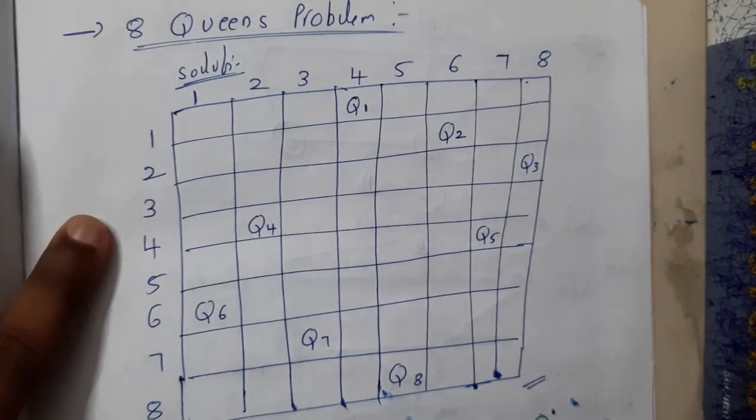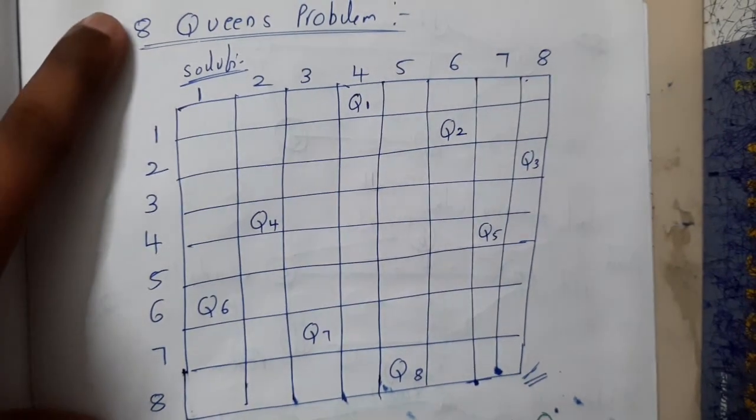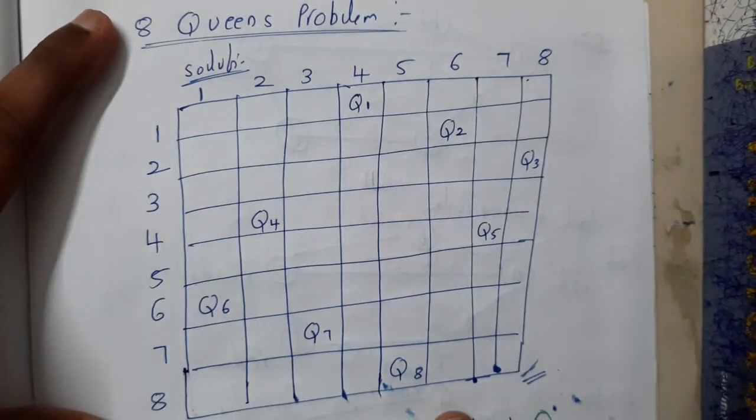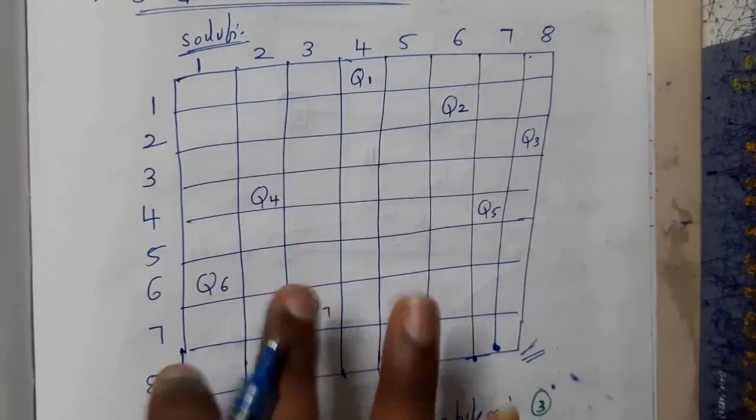Similarly, if you want, you can try the 8 queen problem. I have just written it for some fun, guys. You can try solving it for the 8 queen problem. Okay, so this is the solution. If you have solved it, you can cross check it with this.